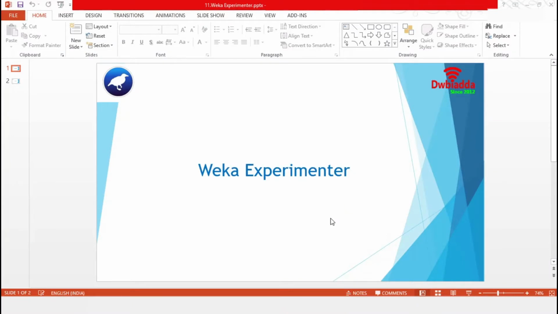Hello, we are back again with a new topic of Weka. We have already completed multiple sessions on Explorer, and this time our focus is on Weka Experimenter. In this session, we are going to apply different regression algorithms and compare their performance in Experimenter. Let's directly go to Weka environment.